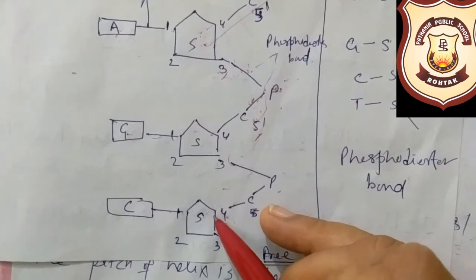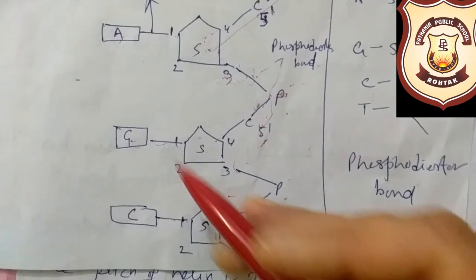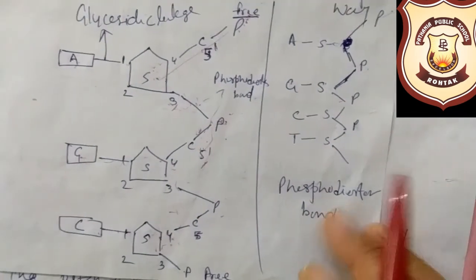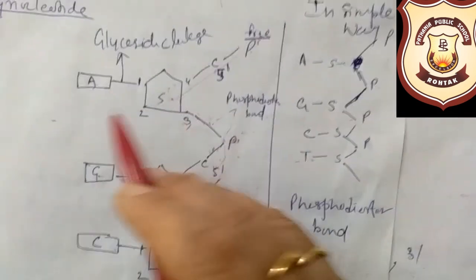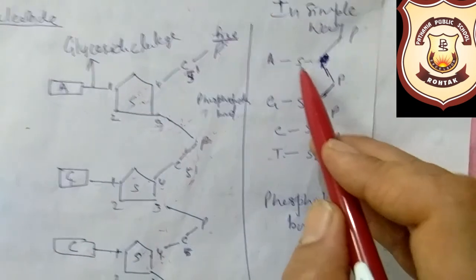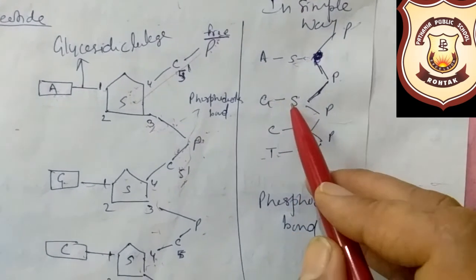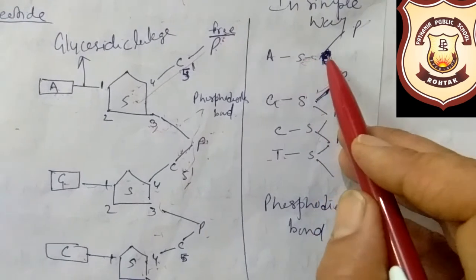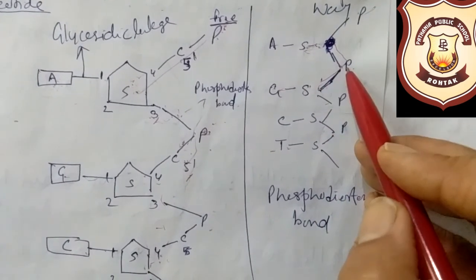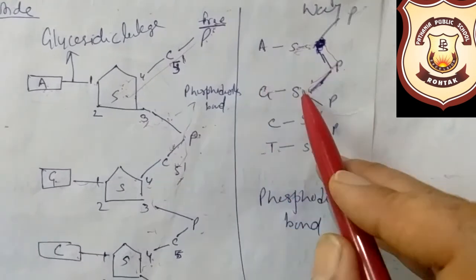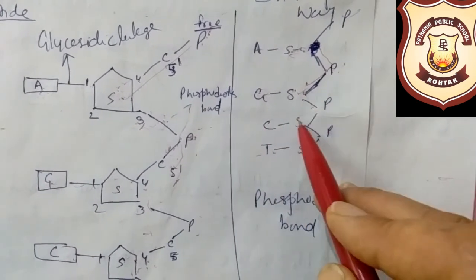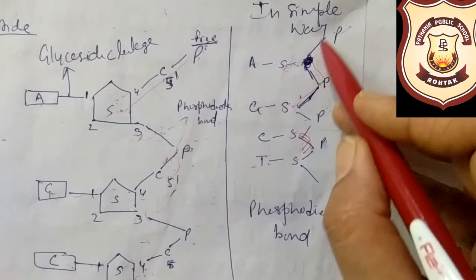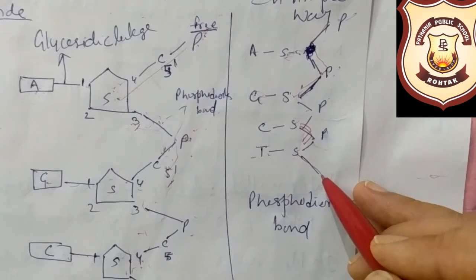Like this was the first, adenine sugar and its phosphate, guanine sugar and its phosphate, and between them there is bonding. This is the 3' carbon of the sugar and this is the 5' carbon of the sugar. Then guanosine sugar and phosphate, cytosine sugar and phosphate, thymine sugar and phosphate, and this is the phosphate linkage. So one phosphate is free this side and one phosphate is free this side. Here the 3' phosphate is free, and here you will have to draw one more.